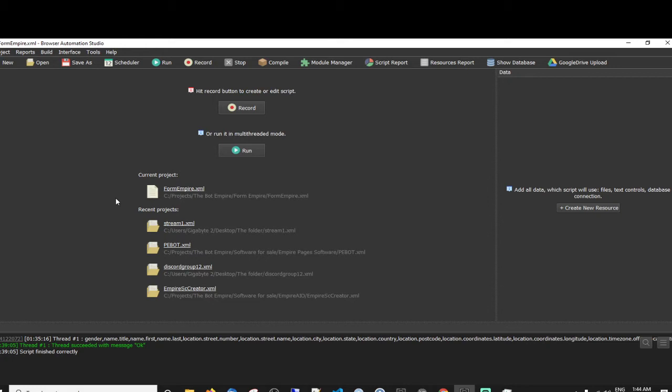Now, if it's a client project or a major project, then I will open a Trello board. I will take more serious notes. I will do a lot more planning. But generally speaking, if it's something small, it's just making sure that I have everything clear in my head. So I just open the Notepad that comes with Windows and take a few notes to make sure I'm going in the direction that I want to go.